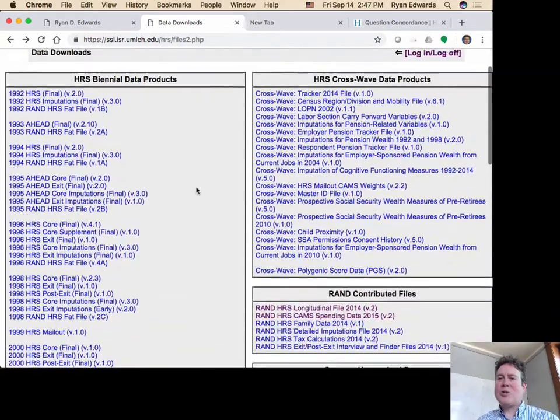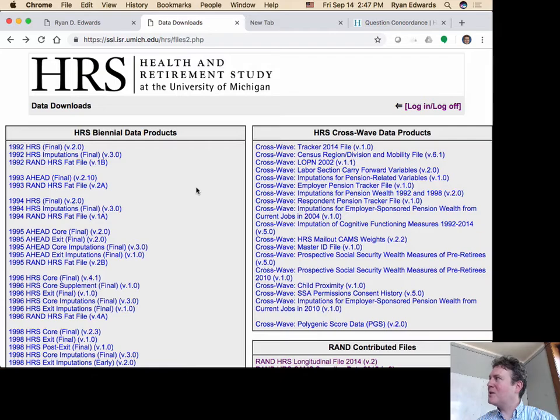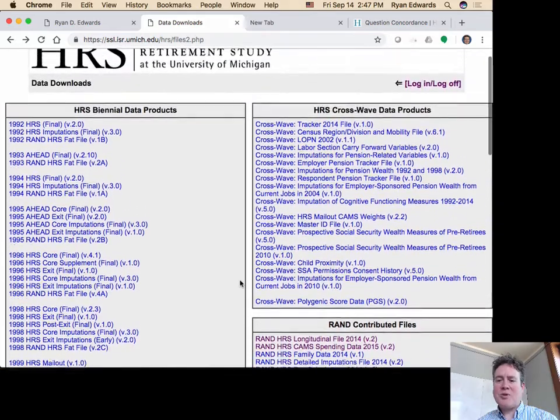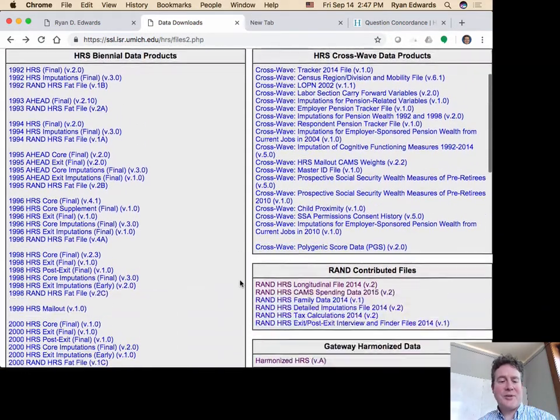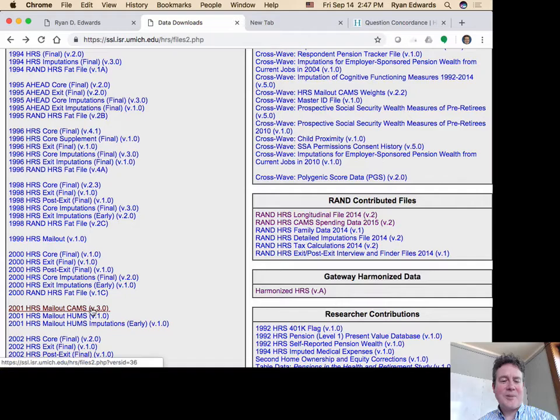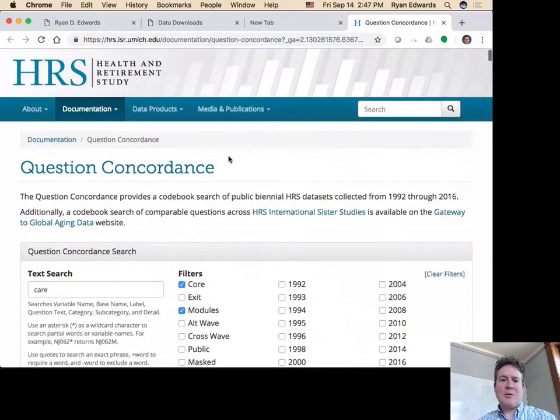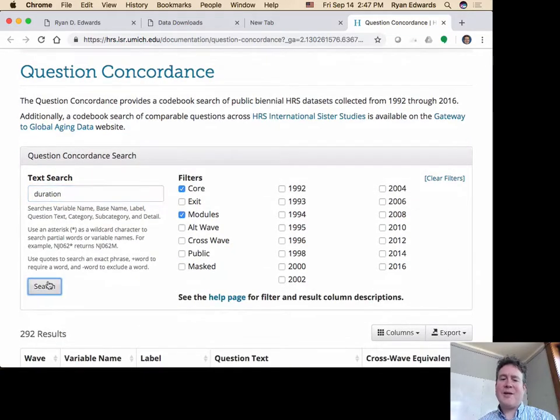Okay, should we look at the time use data, the consumption CAMs, time use? Why don't we spend a second? So how would you know that time use is in the CAMs? Yeah, that's a good question. What if you search for something like duration on the word, in the concordance maybe? Yeah, or minutes or something like that. Oh, duration, yeah. I don't know. So here's the thing, how do you